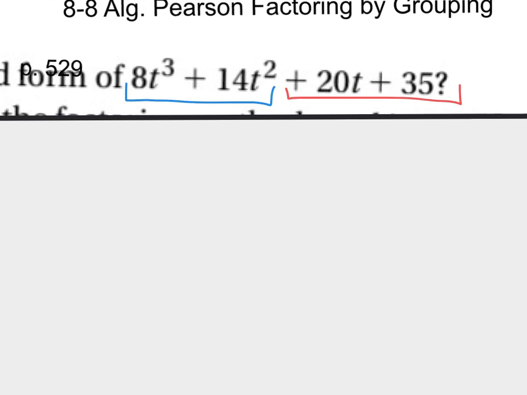So with the first 2 terms, with the numbers, those have a 2 in common, and with the variables, those have a t squared in common. And then in the parentheses, to get back to what we had originally, we know 2 times 4 is 8, t squared times t is t cubed. And then for the second part here, we know 2 times 7 is 14, and we've already got the t squared. So like I mentioned earlier, for the factoring by grouping to work then,